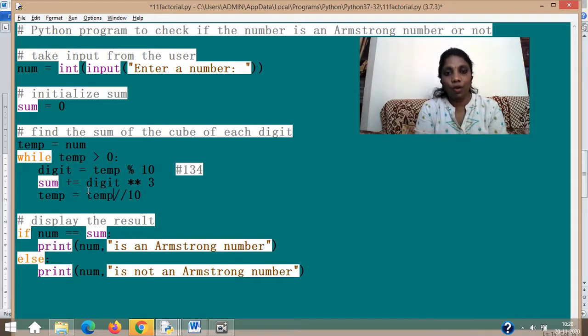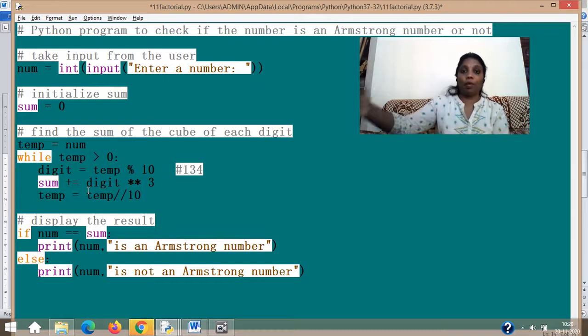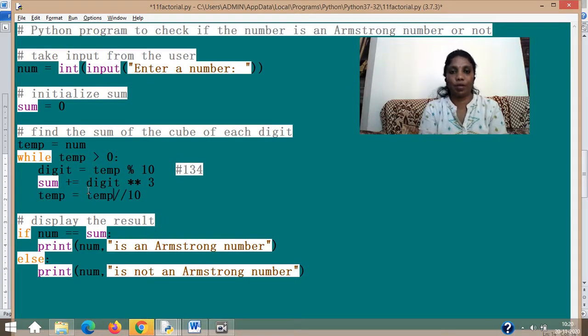If you have a doubt, manually divide 134 by 10 and see how you get the quotient and the remainder. Remember that you should not go to decimal points in this calculation. Only basic third-standard math division should be applied. Then you will get 13 on top and 4 as the remainder. 13 is the quotient. So when you divide by 10 the first time in the loop, you get 13, and you go back.